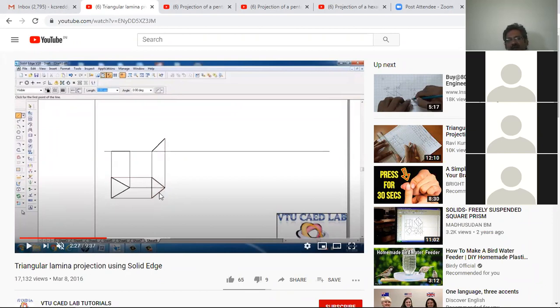Here an intersection point, one more intersection point, and join all these with a 0.5 mm thickness. Okay. So next is, because the lamina is inclined, one of its medians is inclined to VP at 45 degrees. So here this median is nothing but the true median, and this is the apparent median. This is the true